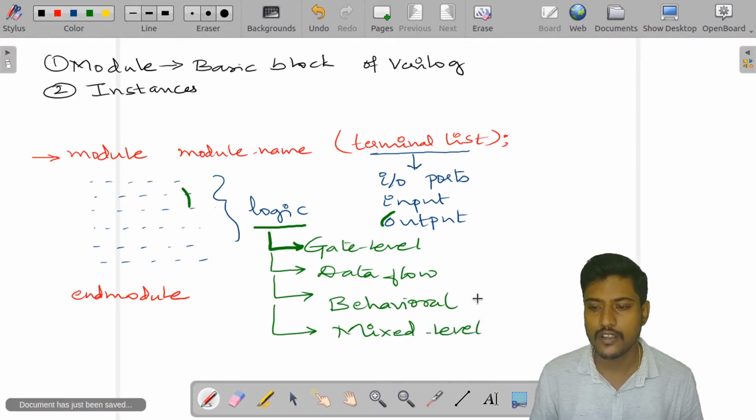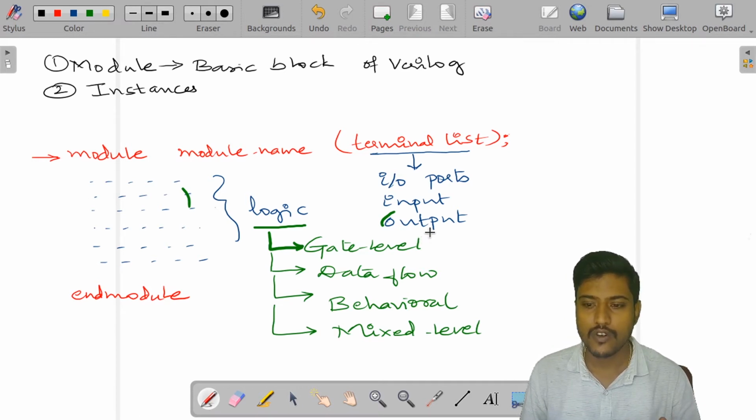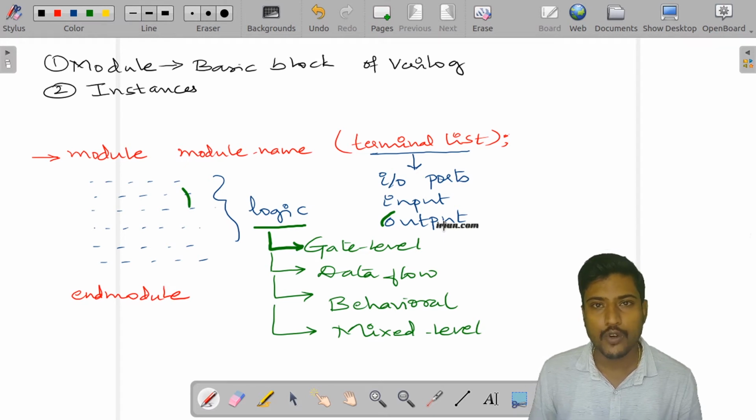So let us try to understand these different levels of abstraction in a simple way, but in depth we will be studying gate level, data flow and behavioral in module 3 and then module 4.